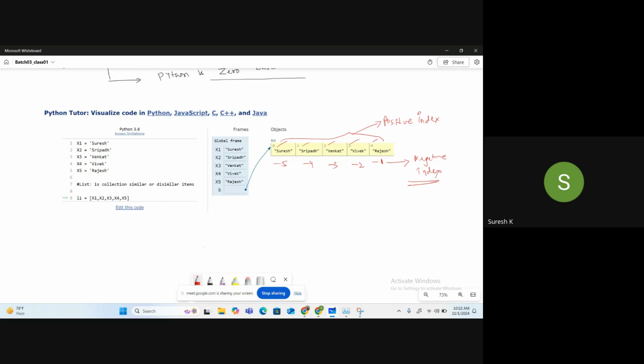We can retrieve the data based on both positive and negative index.